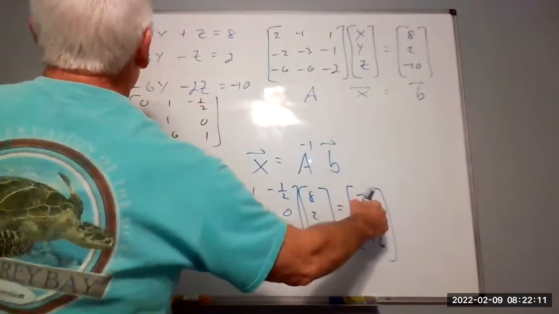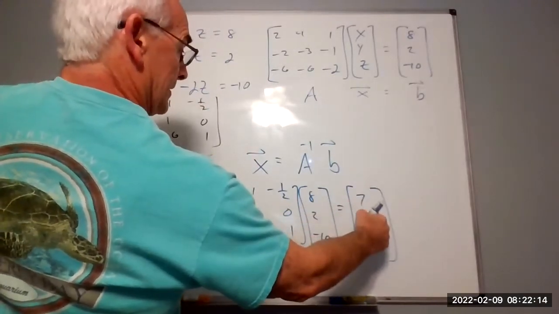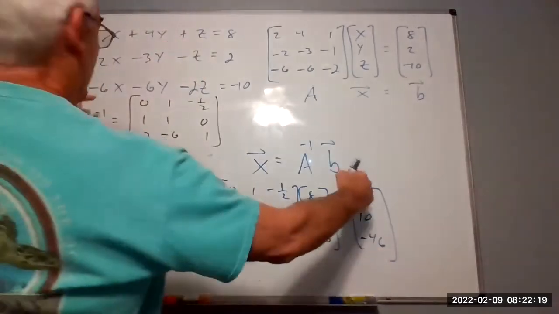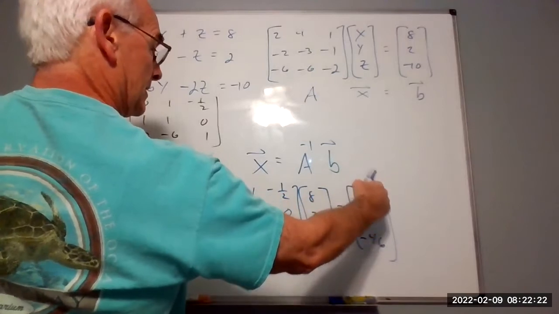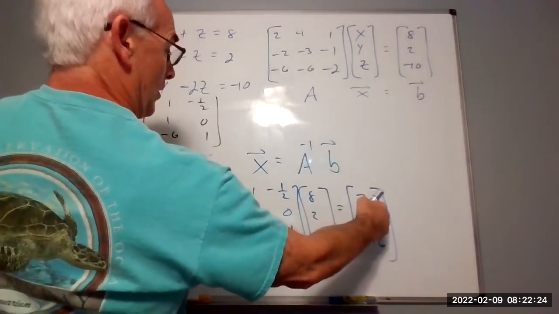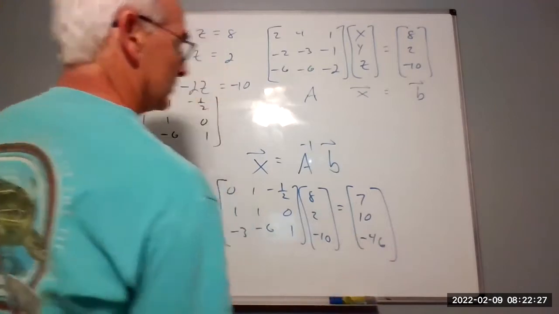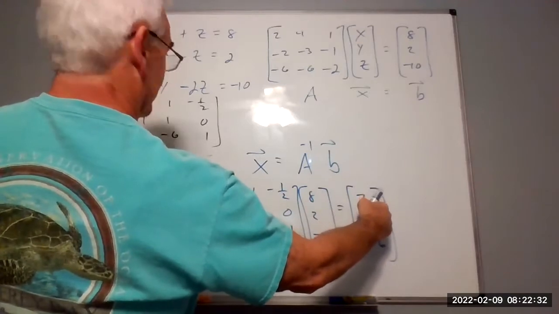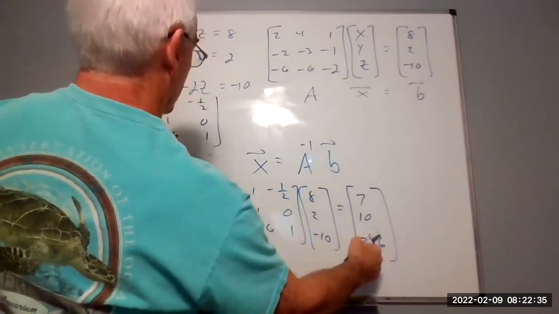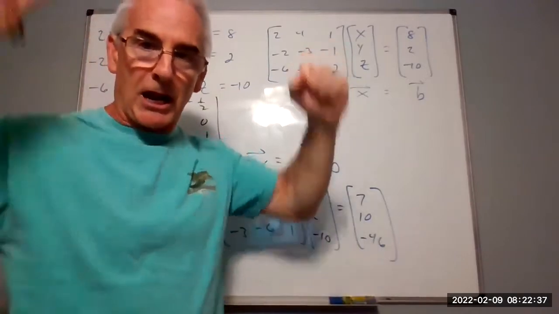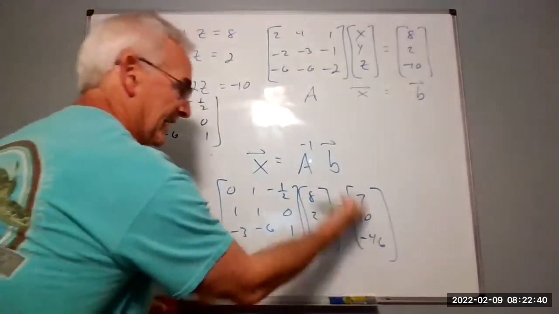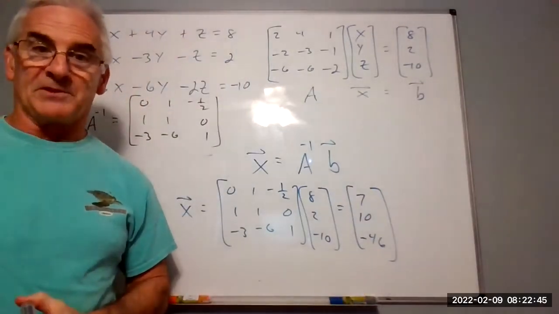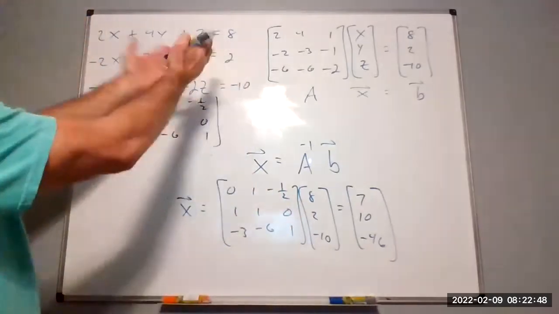Let's quick check. 14 plus 40, that's 54, plus negative 46, that would be 8. Good thing. I'll just do the next one for fun. Negative 14, negative 30, that's negative 44, plus 46, that's 2. What do you know? And then finally, negative 42, negative 60, that's negative 102, plus 92, that's negative 10. Once again, celebration. So this is the answer. And by the way, you can leave it in this form, because it's the form that we set up the